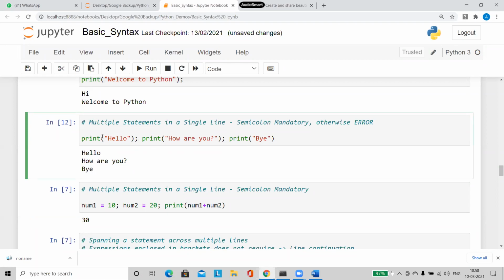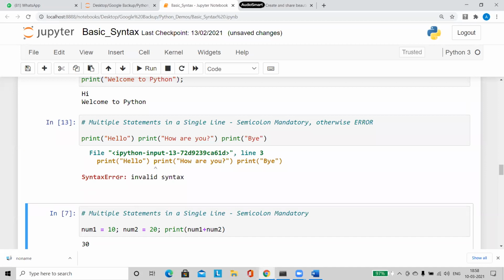So remember, when you are writing more than one executable statement in a single line, then your semicolon is mandatory. If you do not give the semicolon, see, it is going to throw you a syntax error. So these are some of the points which you have to remember very carefully when you're writing your own programs.